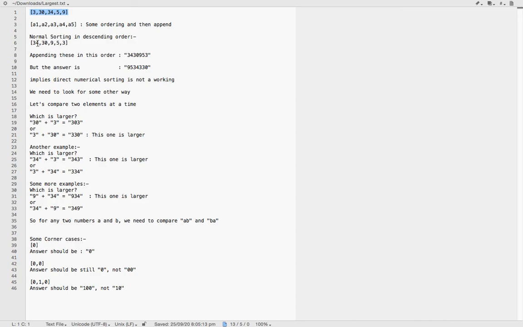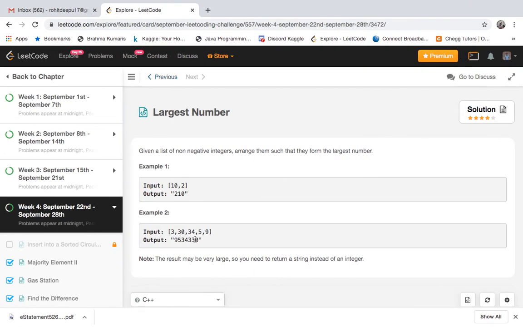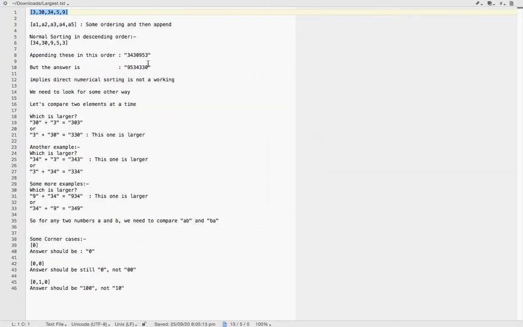Here we get 34, 30, 9, 5 and 3. If we append them we get this string, but as per the expected output we are given this one. So it means that direct numerical sorting is not working here. We need to look for some other way in which we can sort this particular array.